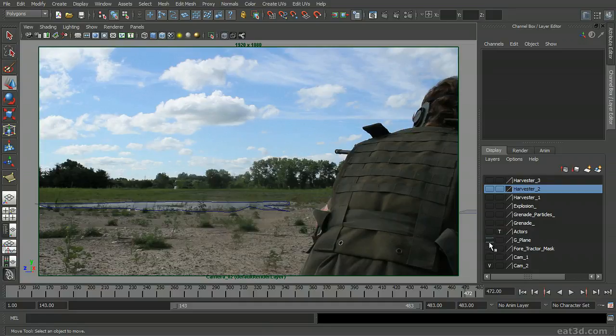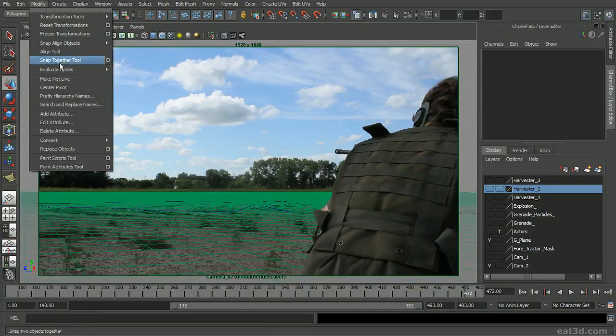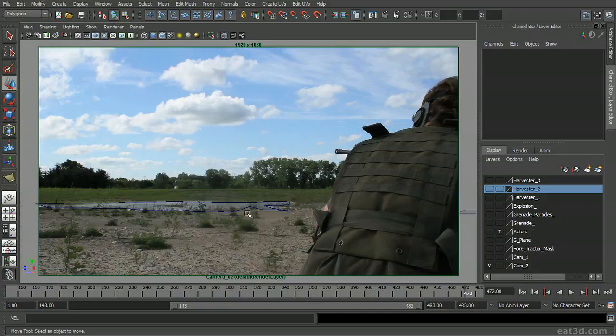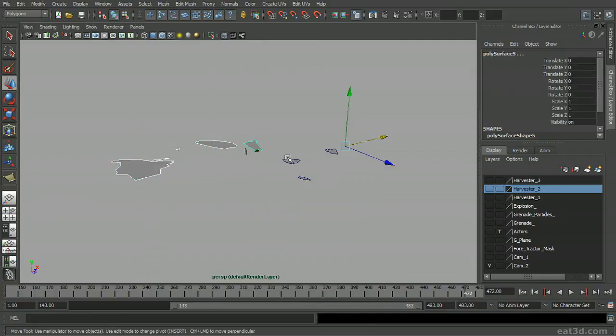Okay, so I'll turn on my ground plane, and I'll select it. It looks like it's not selected, but it is, and you can see it says make not live. So now we've done away with that. So I'm just going to jump over to my perspective, and we're going to take all of these pieces of geometry, and we're going to do what we can with them here. So I'm just going to take them,